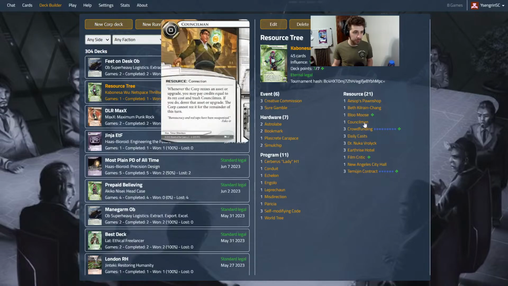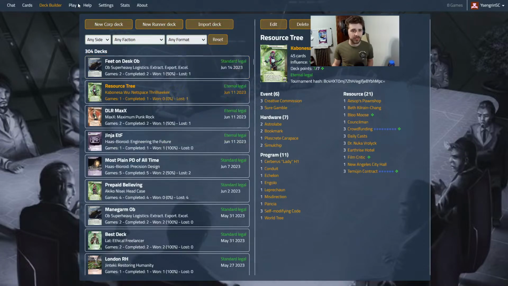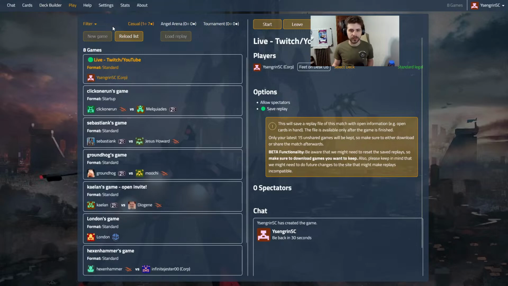This Councilman's probably a meme and should be dropped. And these bookmarks are a little bit suspect, but actually they probably should just be top hats, which is good. Okay, I'm gonna